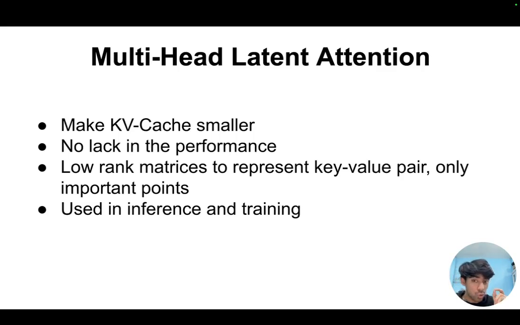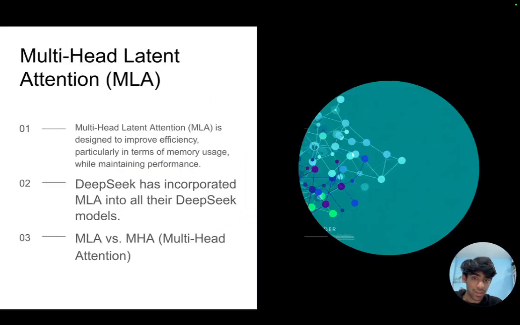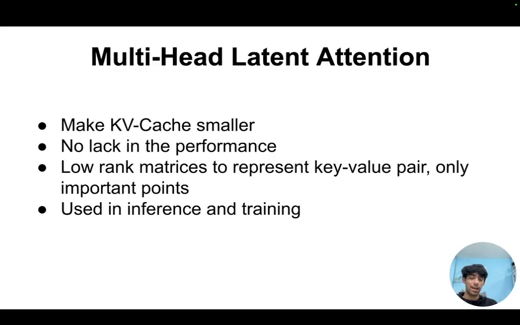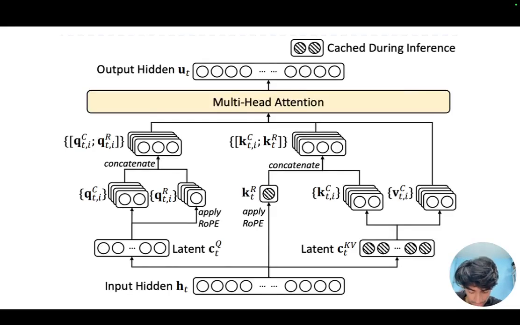and they have applied this low rank matrix to represent the key value pair. The only important point, right? You see here the key value pairs. They have used this whole concept of low rank matrices, okay, and it is used in both inference and training. So if you look at this diagram, you will realize that they are representing this key value pair that we were talking about previously using these low rank matrices. And you must be seeing that, okay, they have done that, but post that they have applied rope. Okay, rope is a completely different concept that is related to the embeddings part, right? We will talk about it at the last, but for now